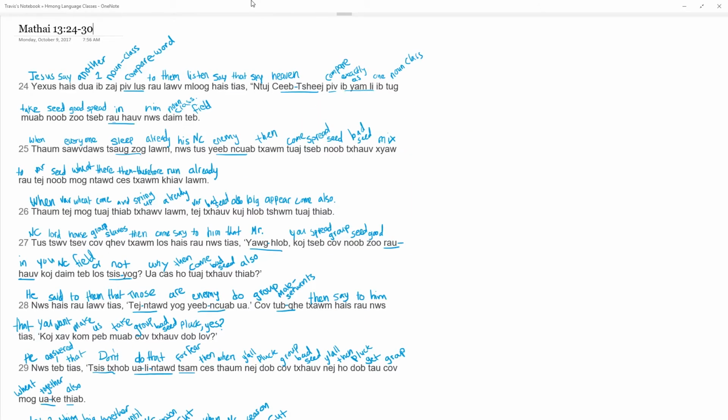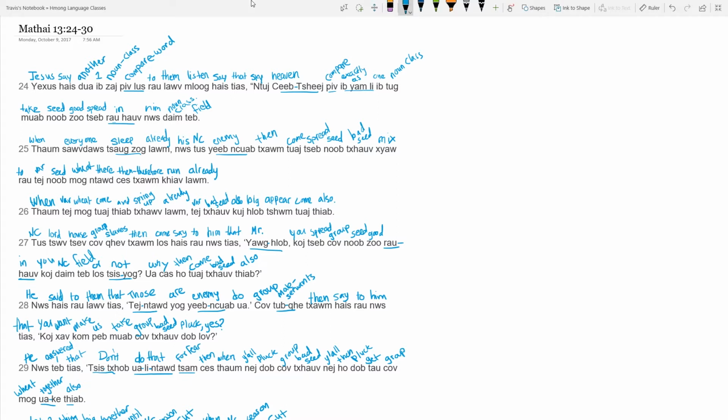Alright, let's get right into it. So we're going to look at some grammar and some vocabulary taken from Matthew 13:24 through 30. Hopefully this will help comprehension and understanding how some of the grammar is set up. I'll try to go over it bit by bit. Apologize about my poor handwriting. It's a little hard to fit everything in here.